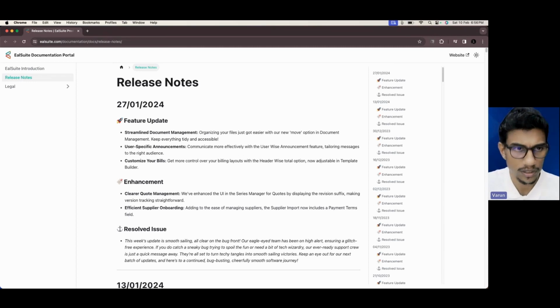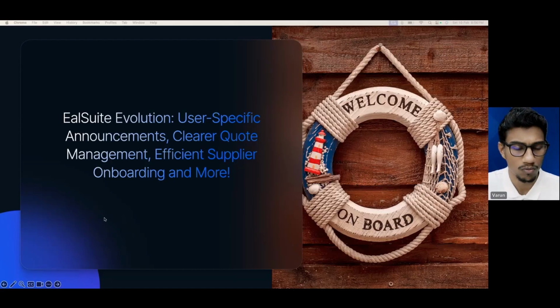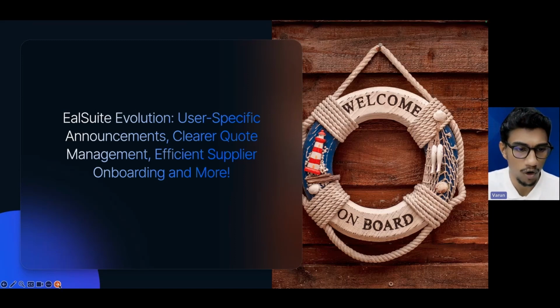We will just move to our PPT, EalSuite evolution: user-specific announcements, clearer code management, efficient supplier onboarding, and more. We'll be discussing all of this in detail, and we'll be starting off with